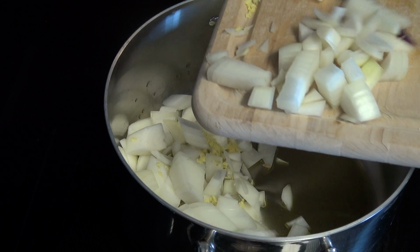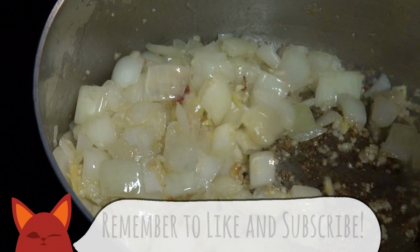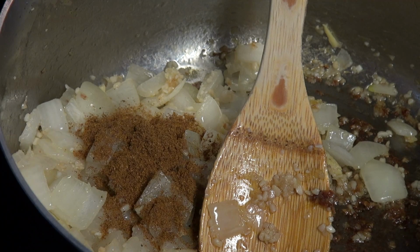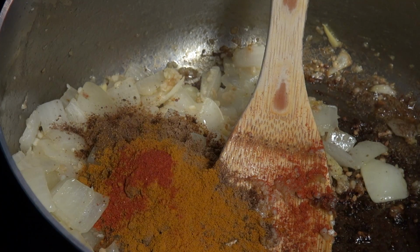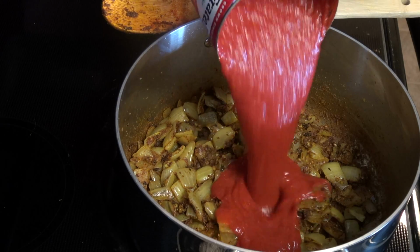Toss in your onions and ginger, and then let's add some garlic. Let that cook together until the onion starts to brown on the edges. Let's add some masala to this chana, garam masala to be exact, along with ground coriander, cumin, turmeric, and cayenne pepper. Let those flavors mingle together for about 3 minutes on the heat,